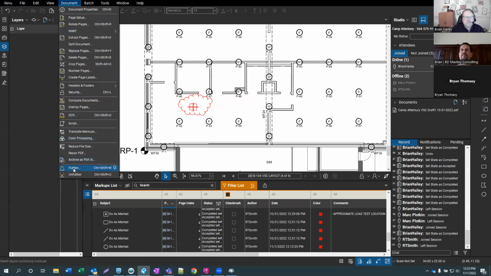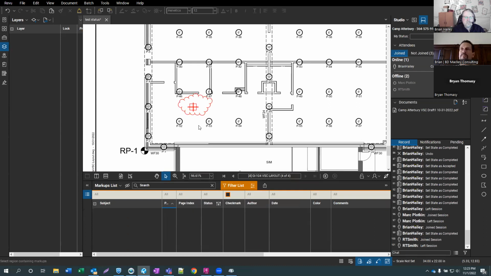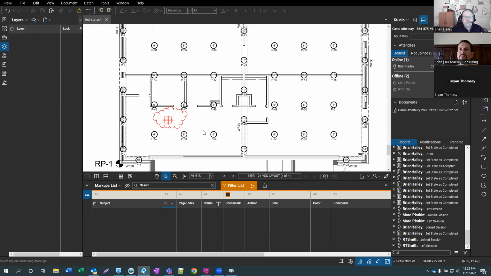Well, after you use the flatten command, you go ahead and do the flatten and you get rid of the allow markup recovery, and it'll flatten everything down. So just pretend like you've done that. I just did. Okay, perfect. So now everything is portioned. Now, if you go and reprint this guy,